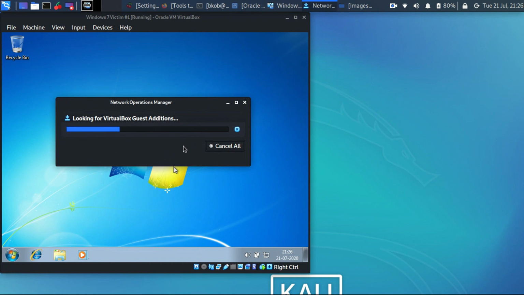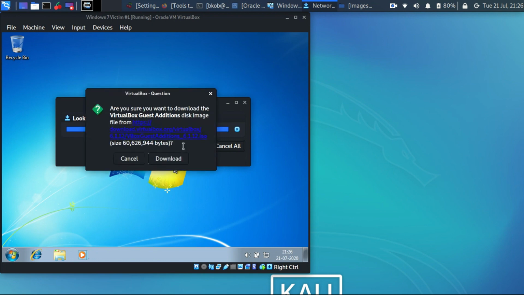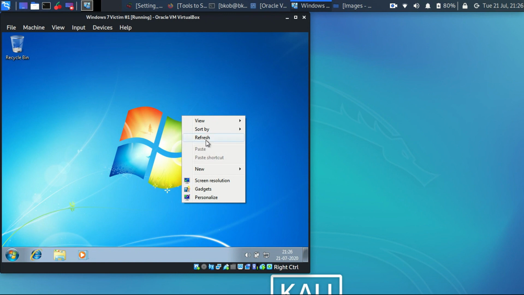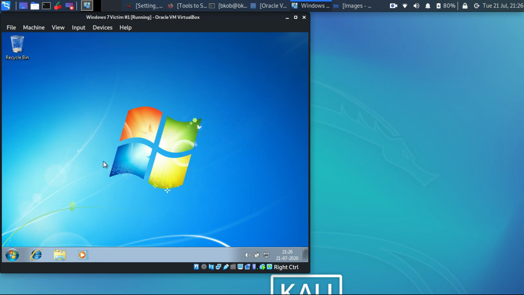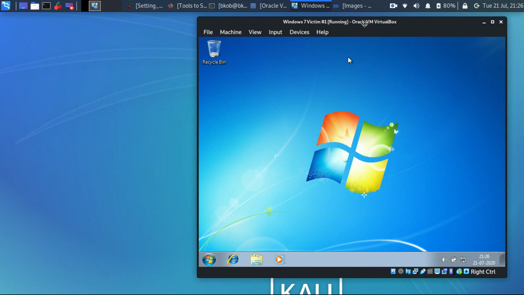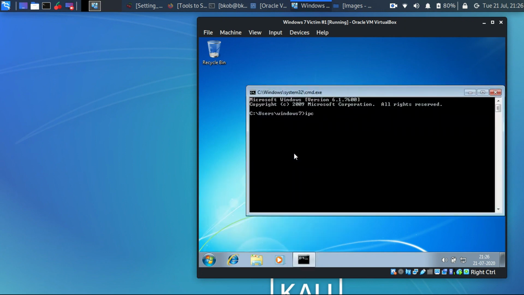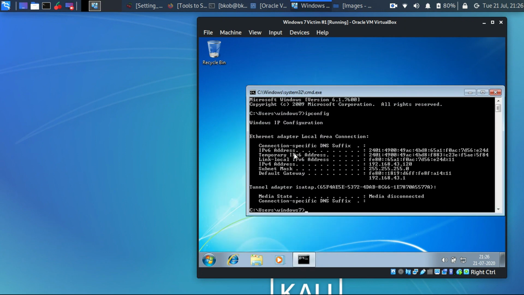The installation is very basic. Just click next. It will automatically get restarted, and after installation, it would ask you to restart the operating system. Certain times it may ask you to accept a few certificates. Except that, everything is perfectly as usual. In my case, I'm not going to be downloading and installing it because it's already there in my other image. But I would recommend to all of you that you install the Guest Additions.